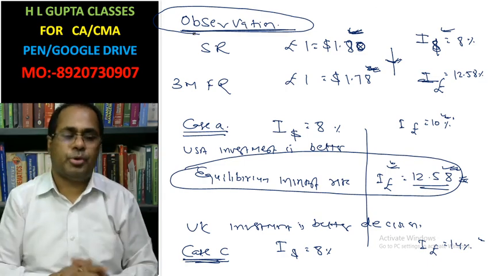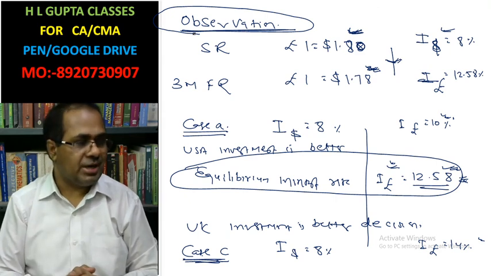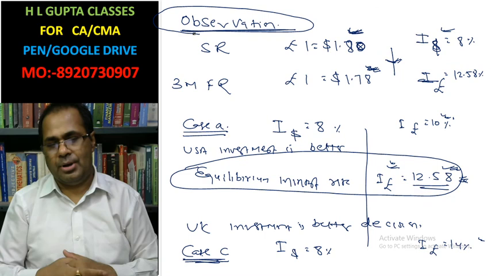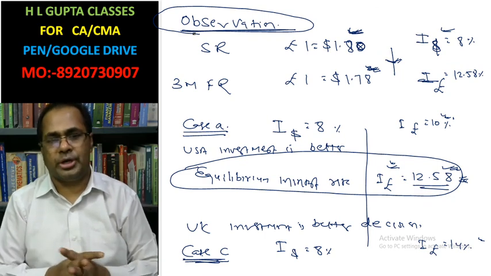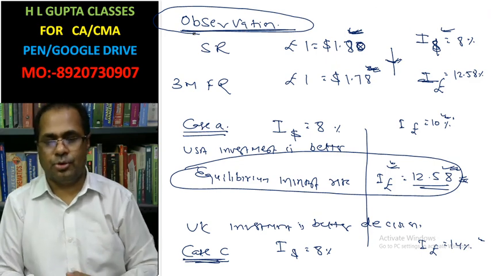This is the observation. In this way I have completed the concept of this question. This is the most important concept for your questions. You must revise example, illustration 11 and 12. These are the most important questions. Okay, thank you class. Next example I will do in next class.